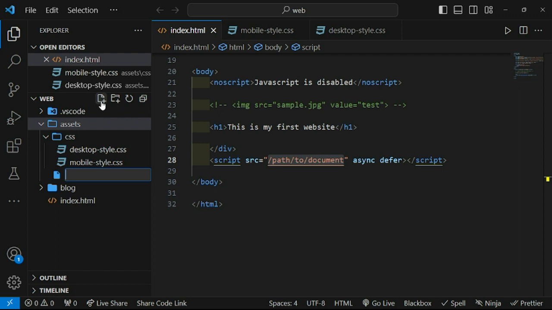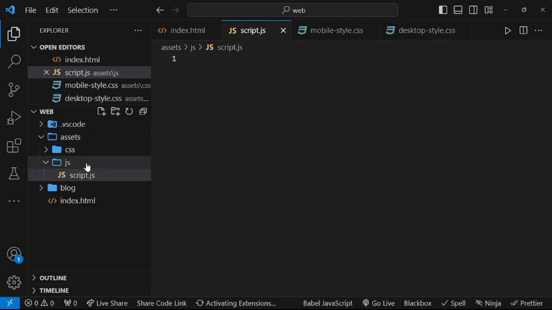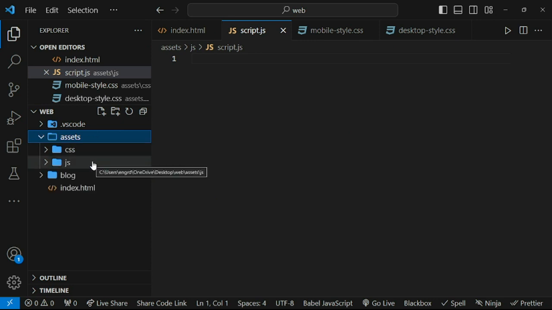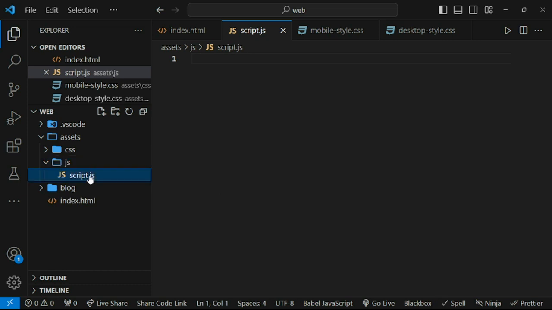So in order for us to create our file, first we said we'll be creating it inside a JS folder. And then we create our script file called script.js. So hit enter, and now we've created a folder inside the assets folder, where we now have the JS folder. Inside the JS folder, we have our script file. So with this, we have created a simple JavaScript file. Now, back to